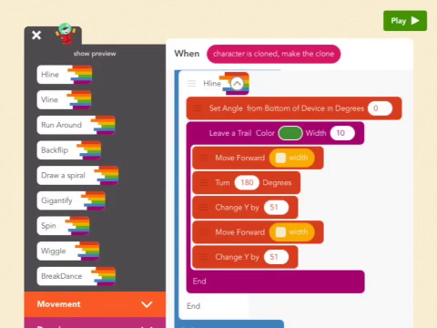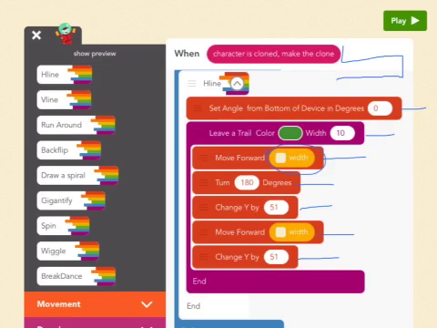Each of the lines is going to be drawn like this. We start horizontally, make it draw a green line, the width of the iPad, we turn 90 degrees, go up a bit, go back down, and go up again. So we do that by setting the angle to 0, leaving a trail of green color with a width of 10 units. We move forward the width of the iPad. The width of the iPad is a Hopscotch variable that has the width of the iPad. And we turn 180 degrees, we go up by 51, move forward again the width of the iPad and go